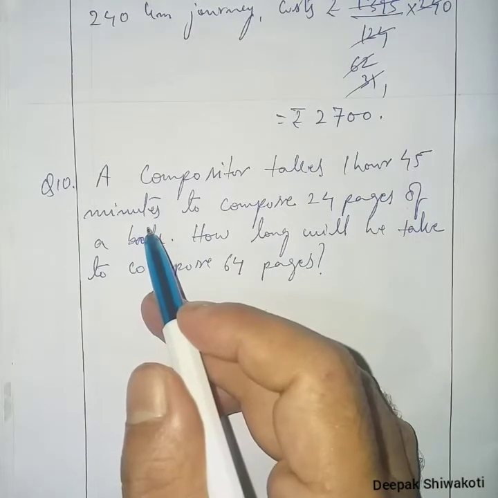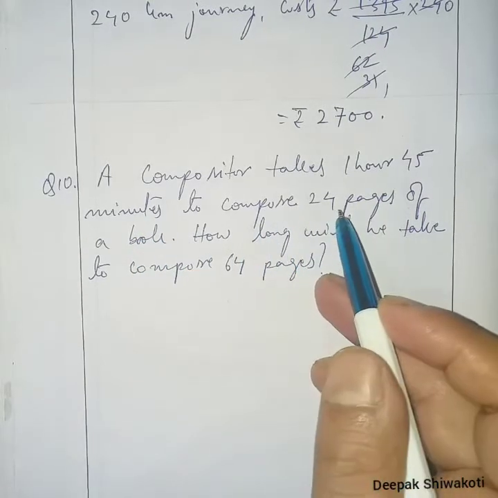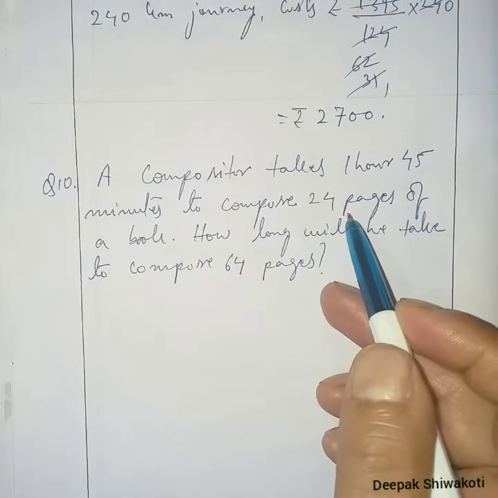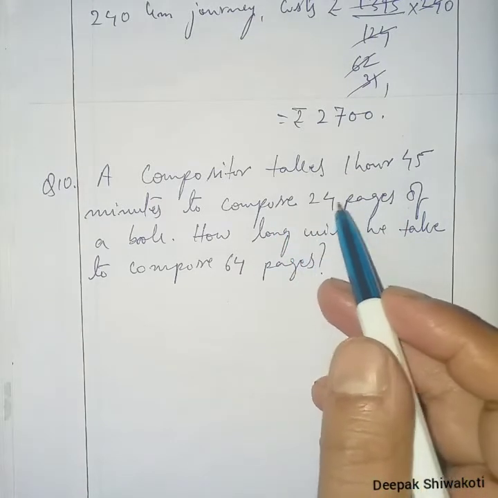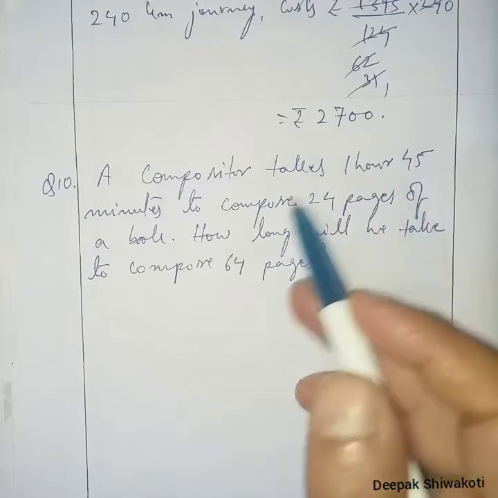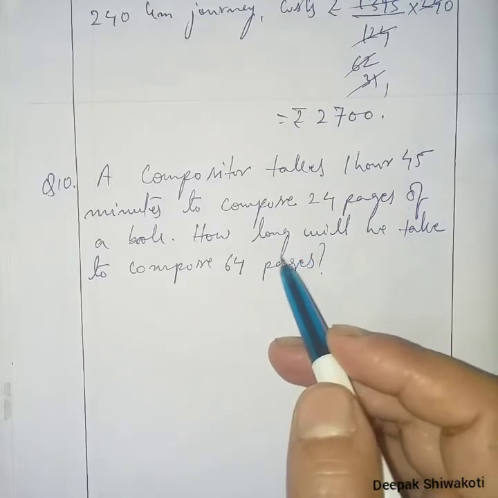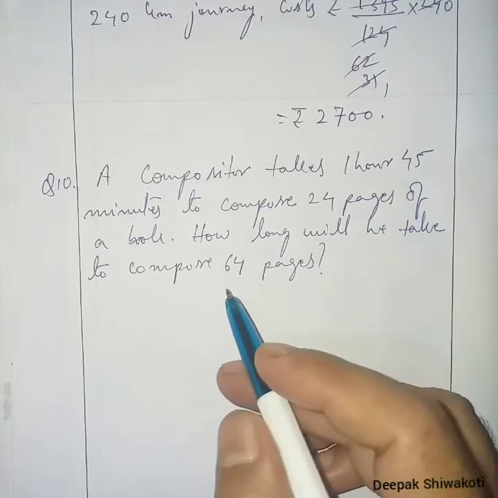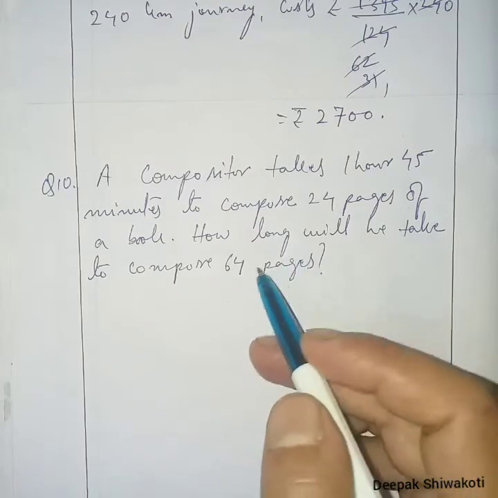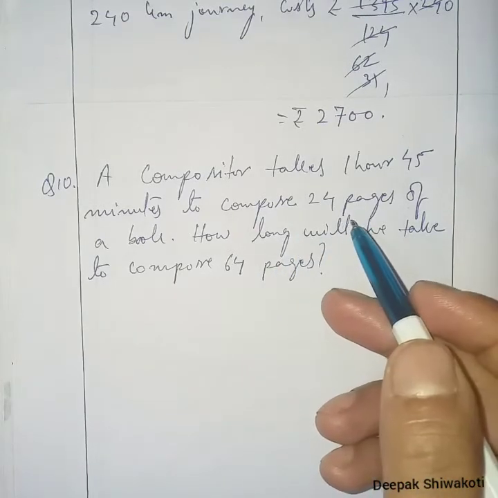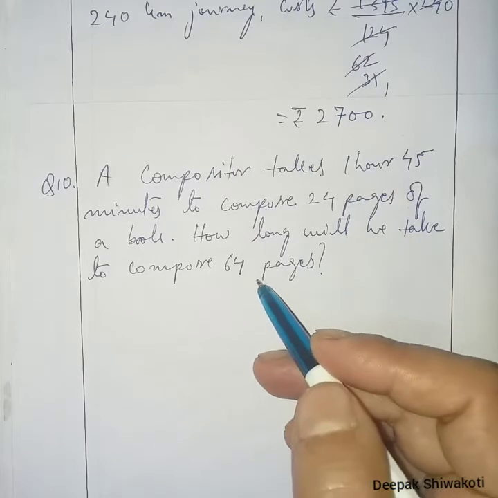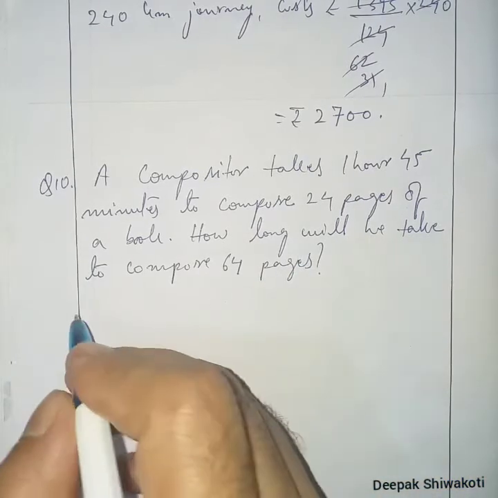in 1 unit at first. To compose 24 pages he takes 1 hour 45 minutes. How long? That means we have to find the time. How long will he take to compose 64 pages? First we'll find the time taken for one page, then after we'll find for 64 pages. So solution